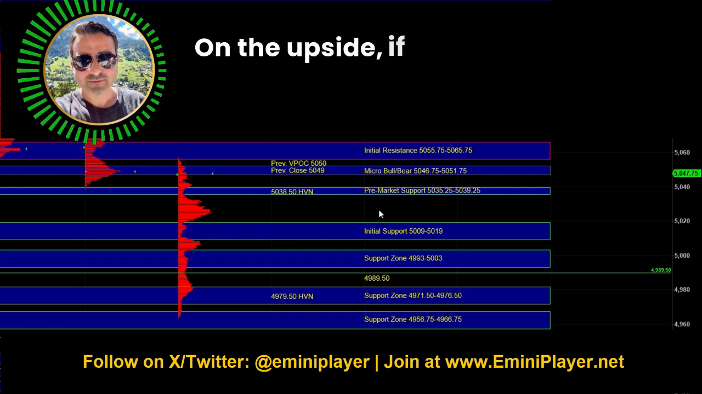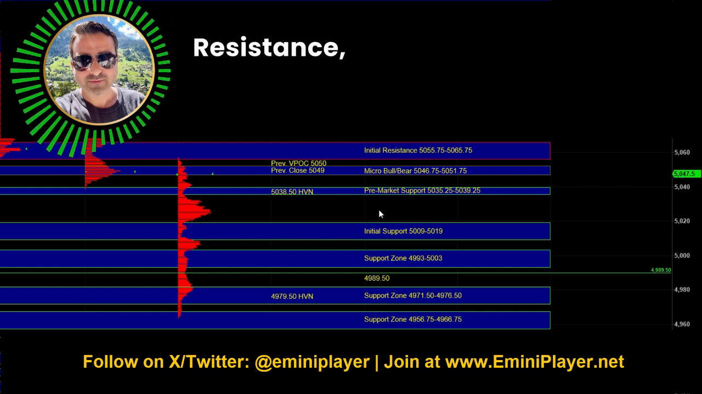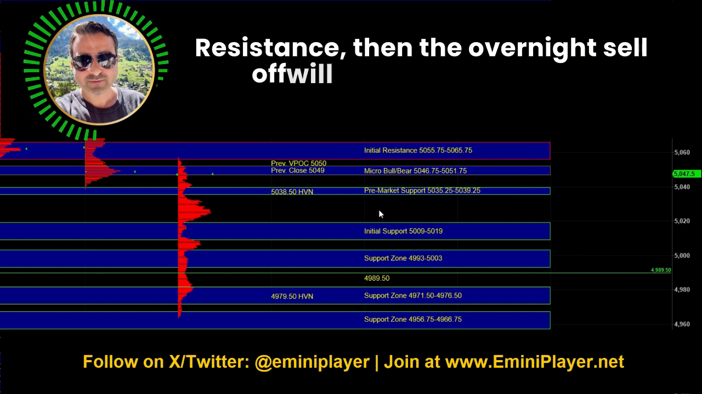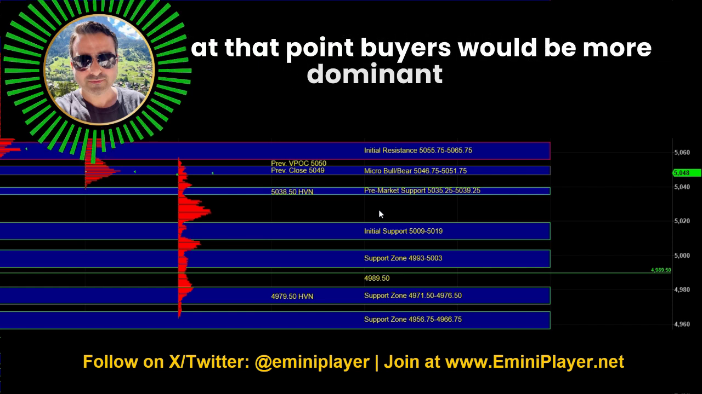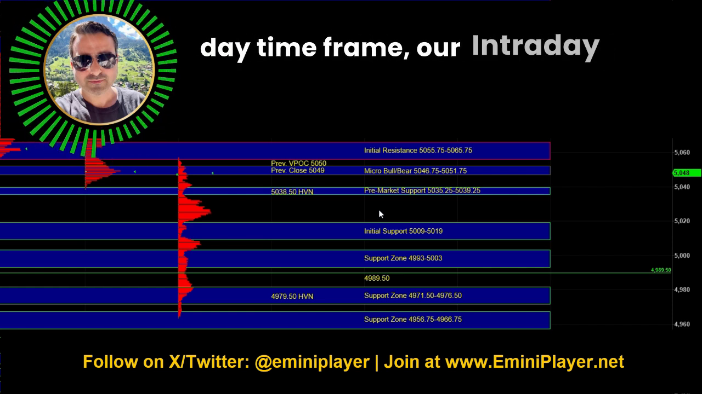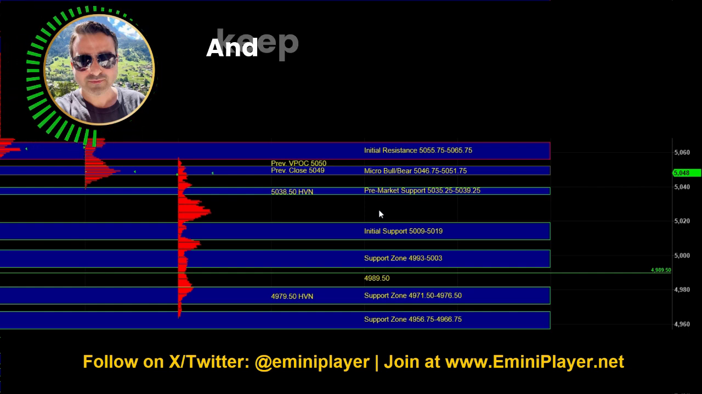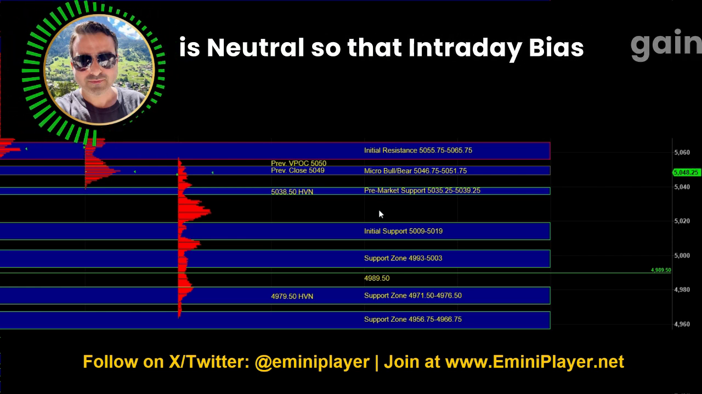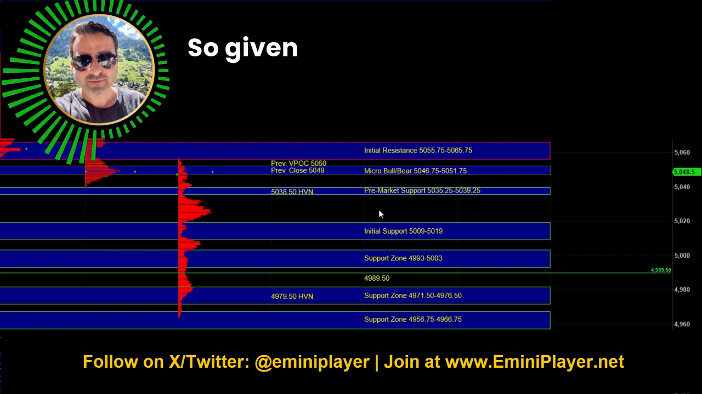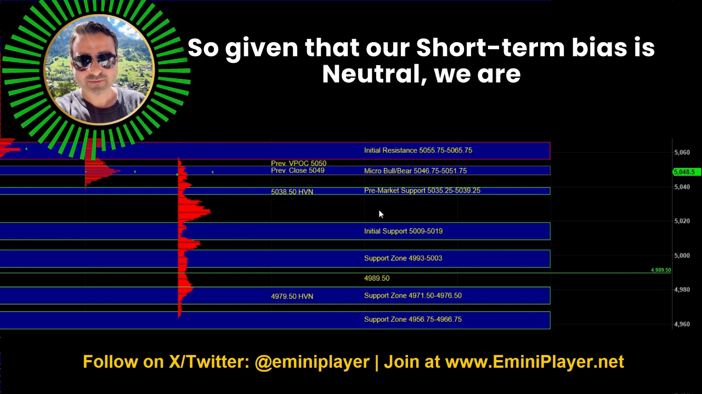On the upside, if we get a breakout above initial resistance, then the overnight sell-off will be invalidated, and at that point buyers would be more dominant on the day time frame. Our intraday bias would be bullish, and keep in mind that our short-term bias is neutral, so that intraday bias gains more weight. So given that our short-term bias is neutral, we are going to have to be much more